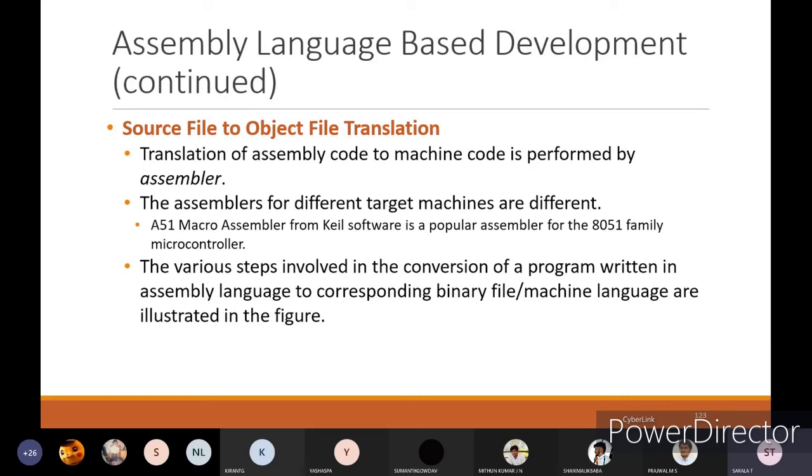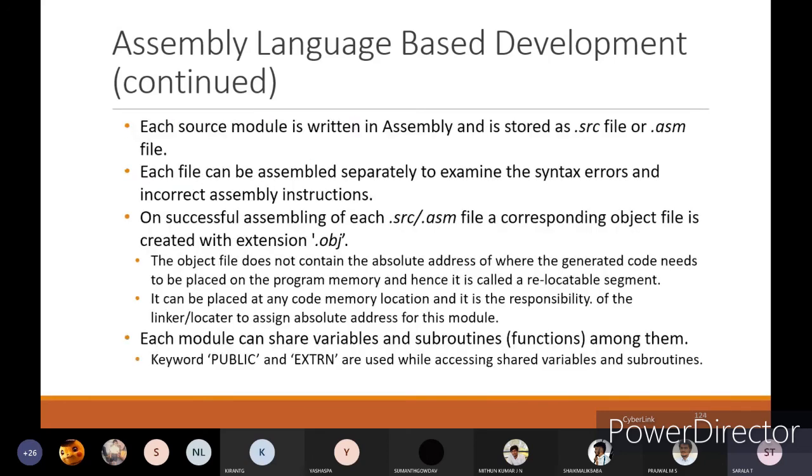A51 microassembler for Keil software is a popular assembler for 8051 family microcontrollers. The various steps involved in conversion of a program written in assembly language to the corresponding binary file or machine language are illustrated in the previous figure only.